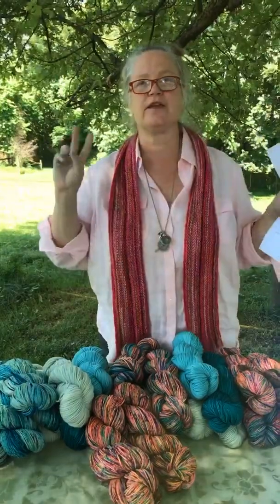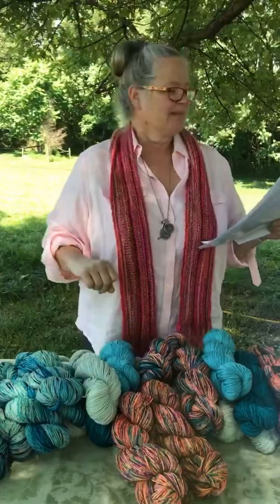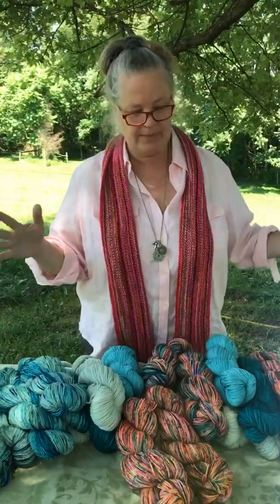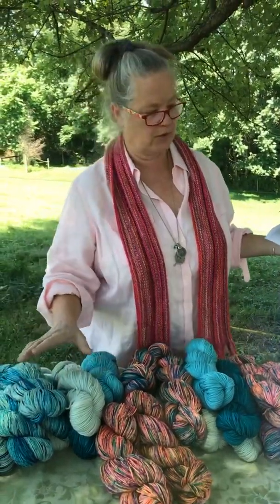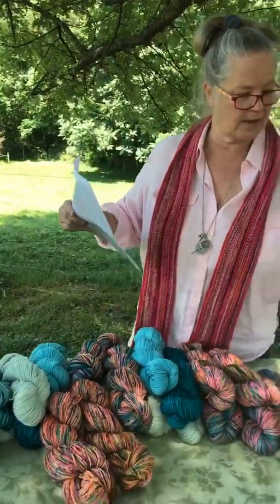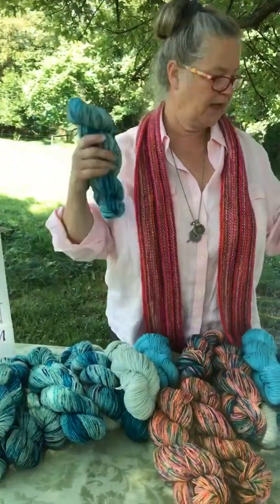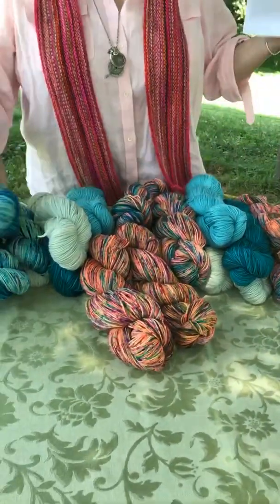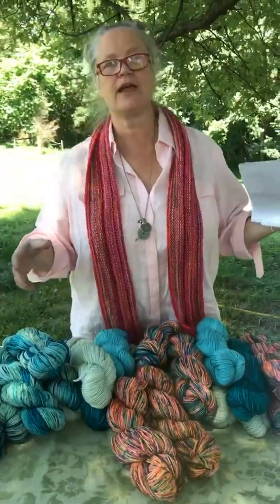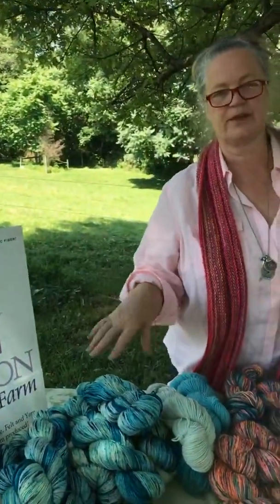So I thought of 4 things I can do to help you on this issue. The first one is email me. I paired these up so that I thought they go together. But let's say you're interested in this skein of yarn, and you don't know if you want to put it with this one or this one, or what else on this table it will go with? You can just hit the contact button or send me an email and say, hey Karen, send me some extra pictures of